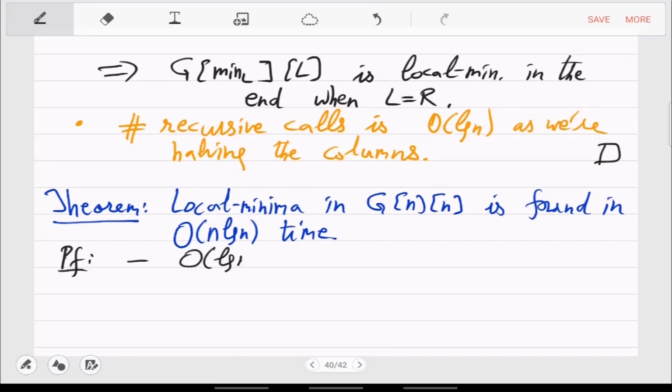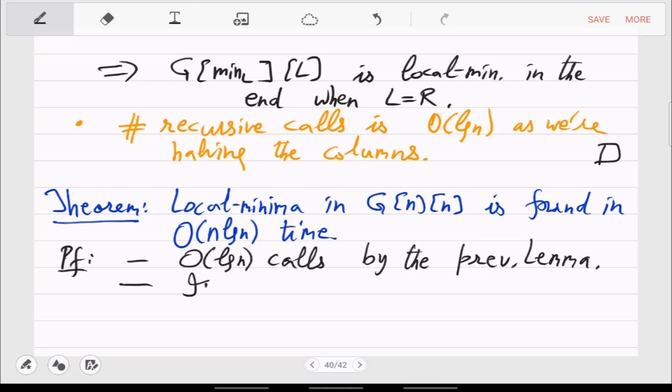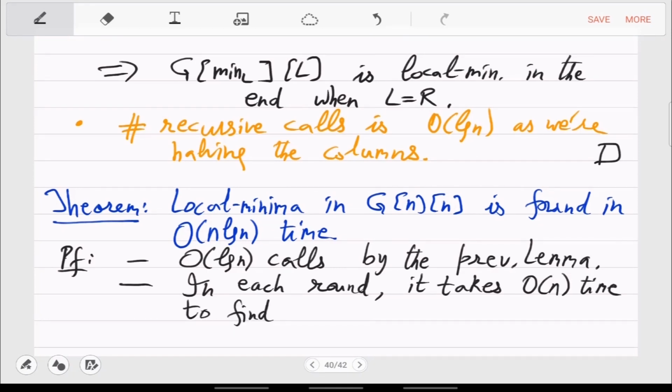So proof is just log n rounds or calls by the previous lemma, and in each call or in each round, number of steps or time is it takes order n time to find the min in the mid column.